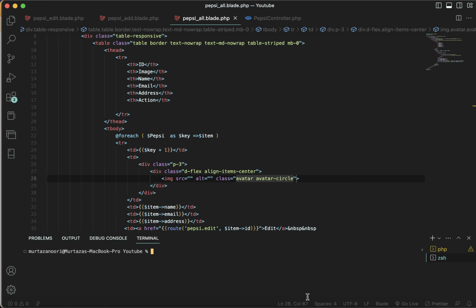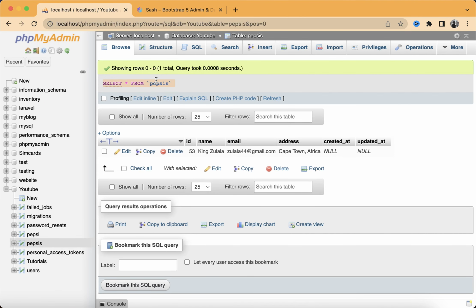To add a column inside our table, it's pretty easy. What we have to do is write php artisan make:migration, and then add. Now my column name, I'm going to name it picture, so add picture